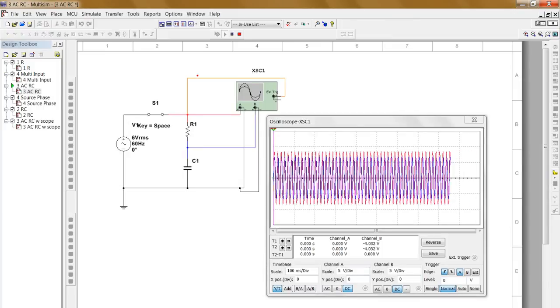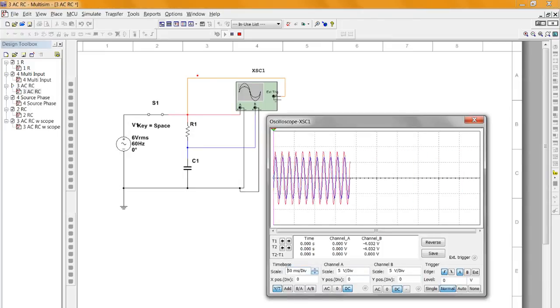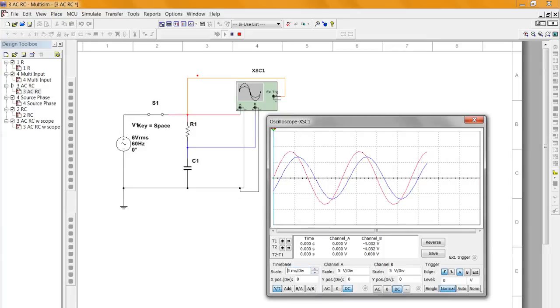So now what we have to do is change our time base. And there it is. So there's the capacitor voltage lagging the source voltage. Before, this was the resistor voltage and this was the capacitor voltage, and they were always at 90 degrees. Now I can tell this is not quite a quarter of a wave. A quarter of a wave would be this far, so it's not even close to a quarter. The blue one, which is the capacitor voltage, is lagging the source voltage by an angle of